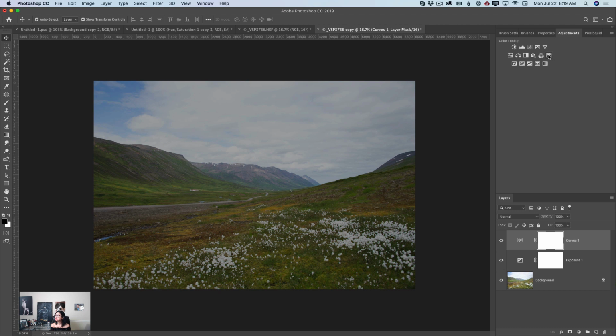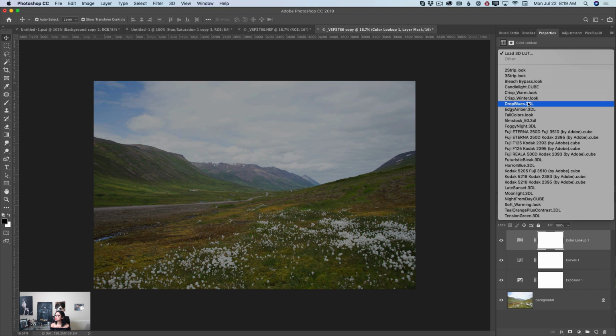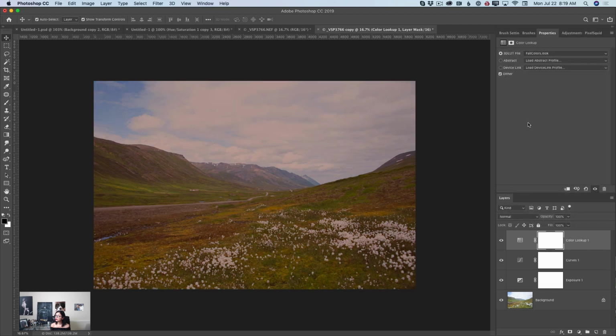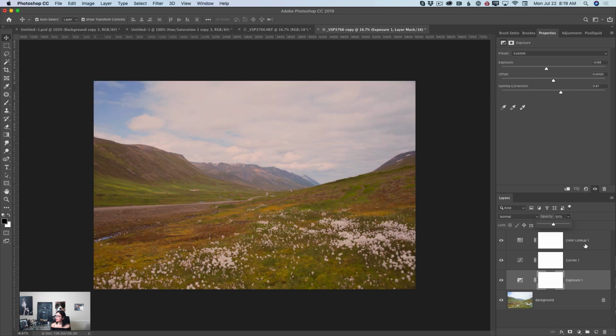and here I have color lookup adjustment. I will click on it. I will switch to a color look, and voila. Now I decided that I applied too much exposure, my image is underexposed right now. To change it, I will click on the exposure adjustment layer, and I will bring down the opacity of this layer just like that. Same with color lookup, and voila,